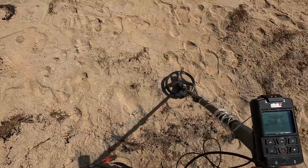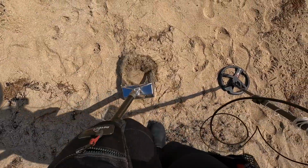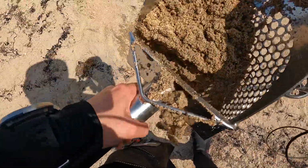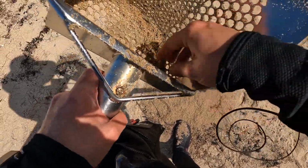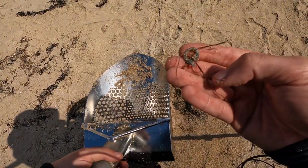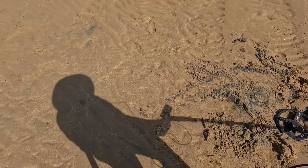It happened, you know, I walked across a target. 58, 59, very low confidence in this one. I'm thinking a pull tab, but it is the first target. We must do these things. What is that? Nope, that's a shell. That, however, is half a pull tab. Still counts. Salt water's so close